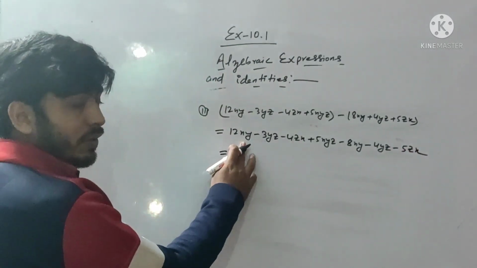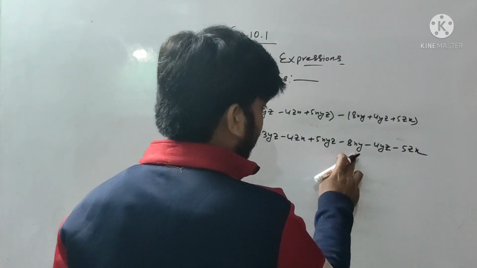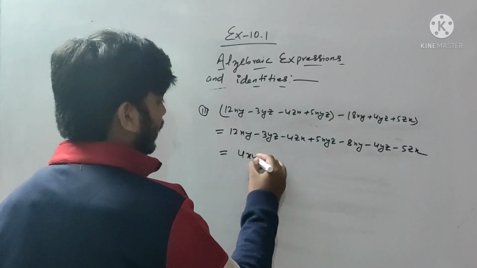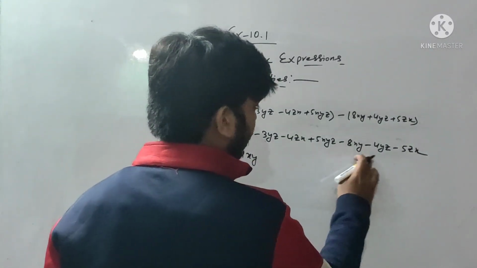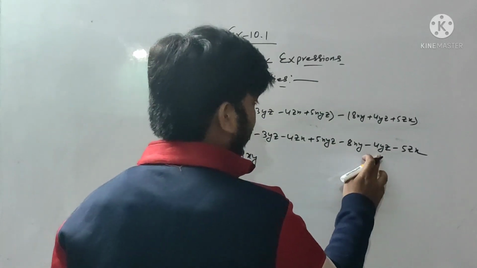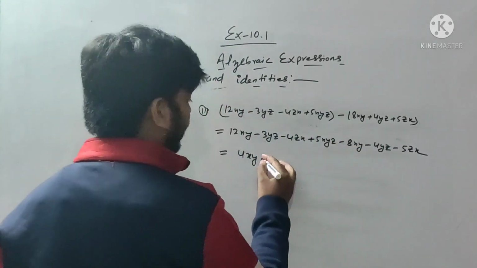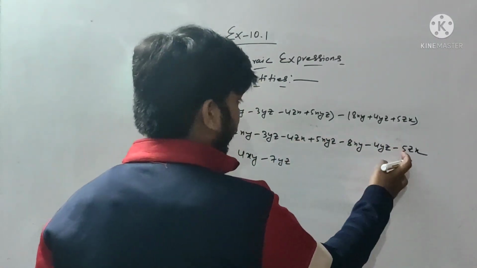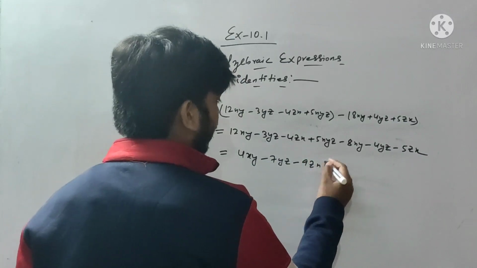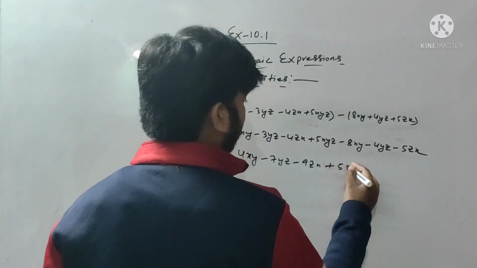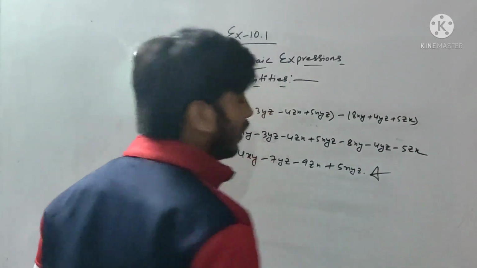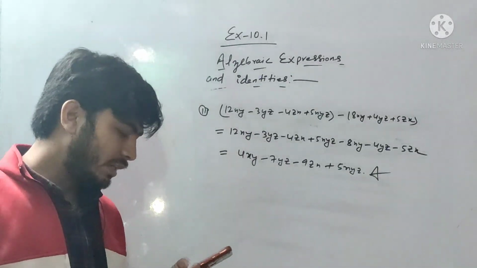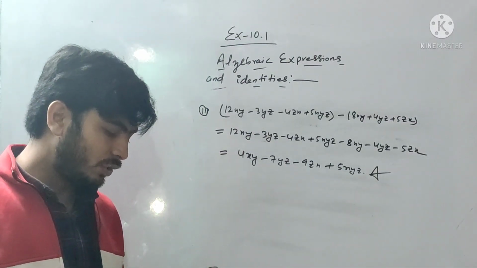Okay, this is the xy, and now where is the xy? Here is the xy. So this is plus, this is minus, so here it will be 4xy. Now this is the yz, and where is the yz? Here is the yz. This is minus, this minus, so minus minus plus, that will be minus 7yz. Now this is zx, this is zx, this is minus, so this will be minus 9zx, and finally only 5xyz left, so this will be the right answer. Okay, so similarly you all do question number 3 by yourself. This will be for your homework.